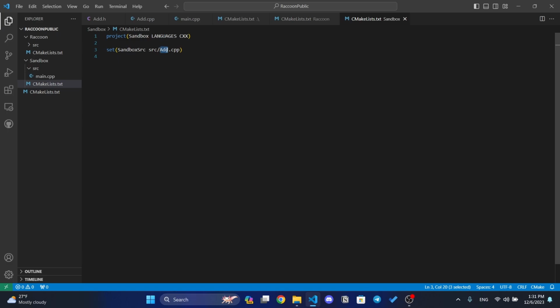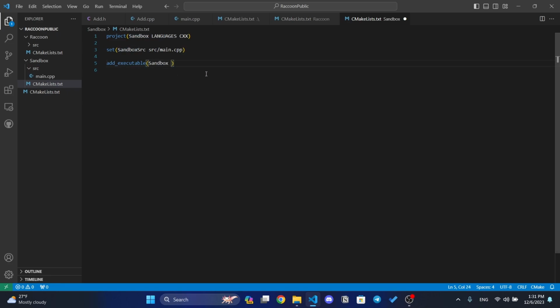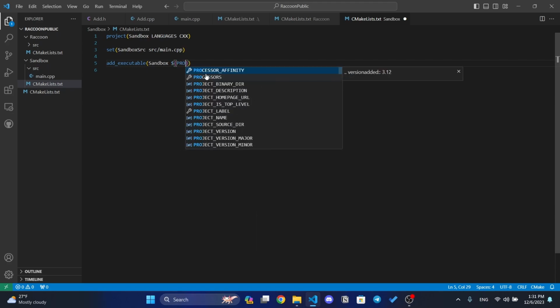And this will be source code main.cpp. Okay, and we need to add executable. This executable will be actually named sandbox. We can use something like this project name,